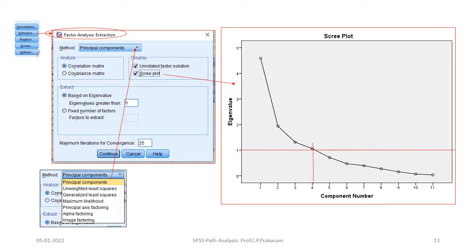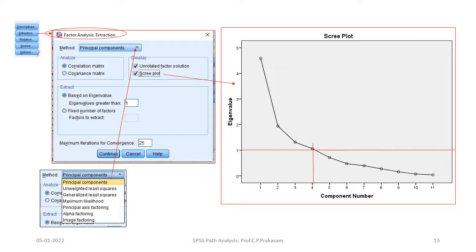Down below you can see how many factors are to be extracted. You can decide the limit for that. Based on the eigenvalues, if they are greater than 1, which is the default itself, we will select those for continuation of the analysis.